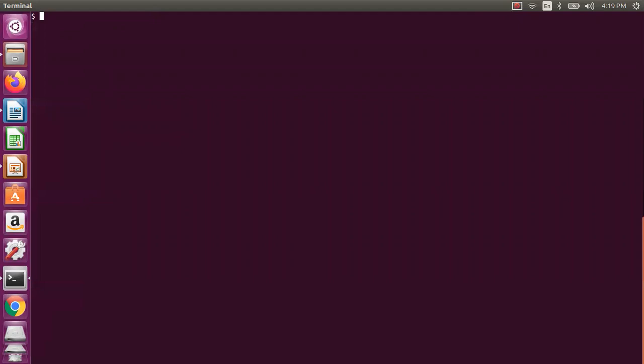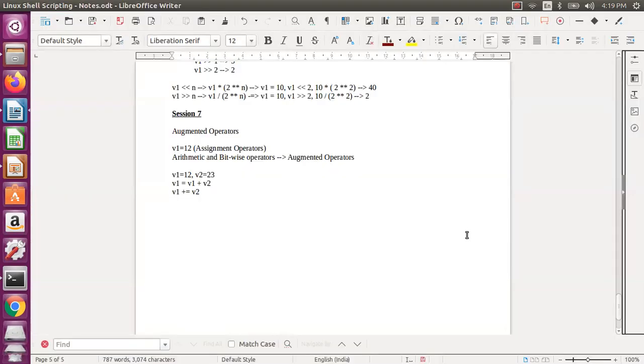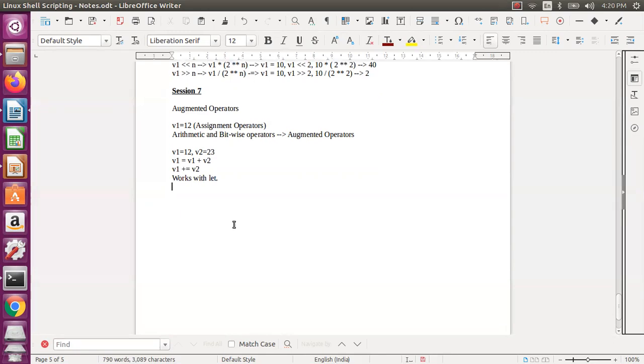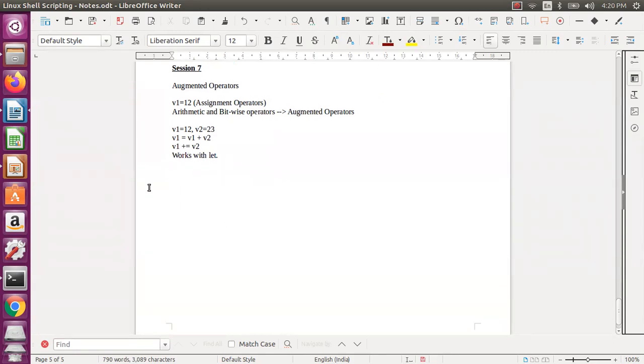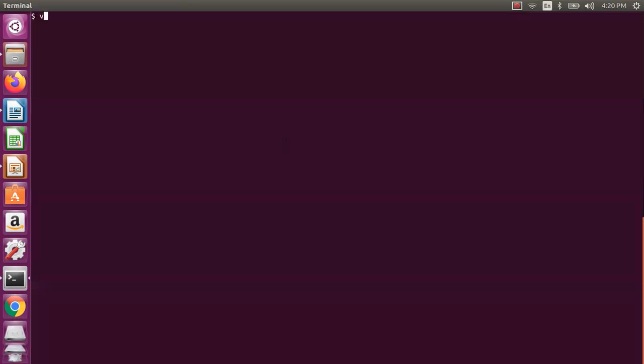Let us check on that augmented operator. Don't try it without let. The augmented operator will only work with let. Even expr will not work, and the double parenthesis method will not work either. It will work only with let. Let us assume I am doing it without let.